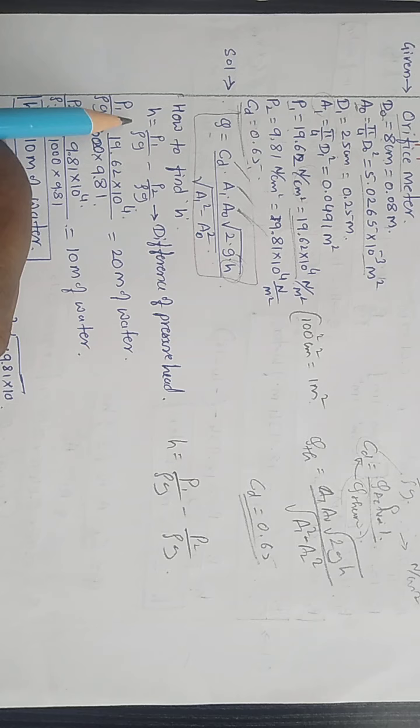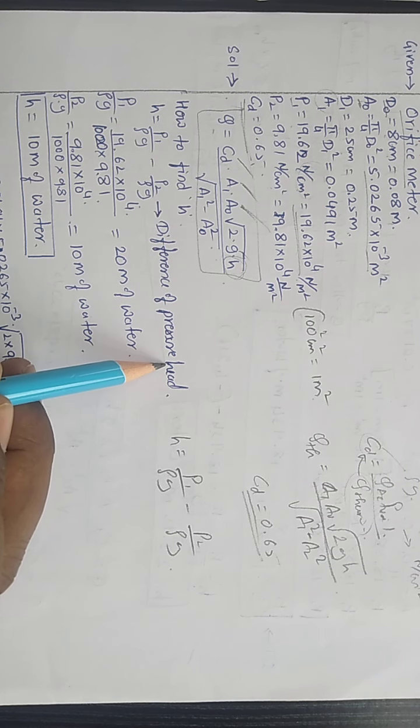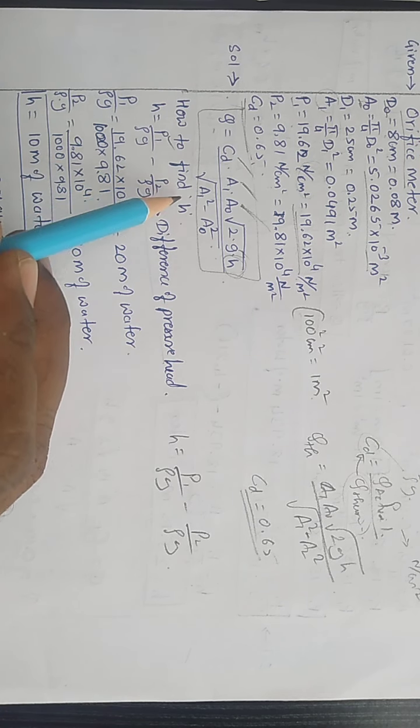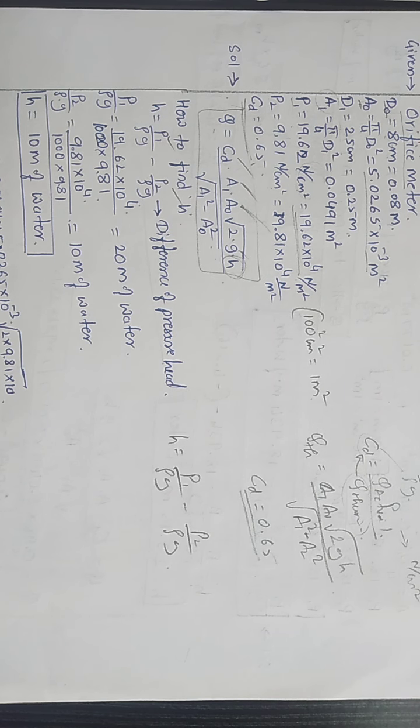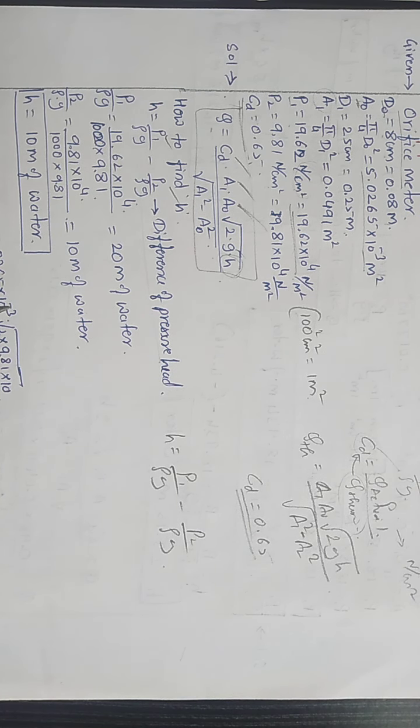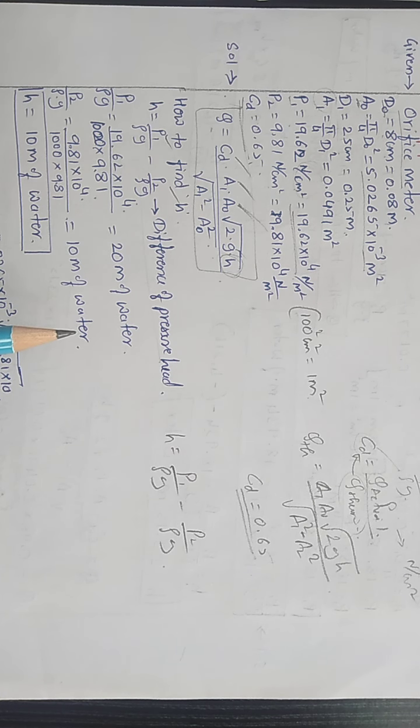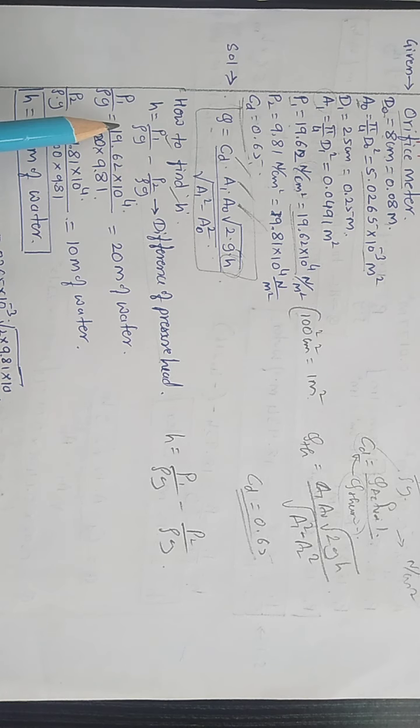Here it is the difference of pressure head, but in the problem he has given us P1 and P2. So this is very important, this is where people make mistakes. If you don't concentrate on the units and directly substitute, though you know the concept, your answer will be wrong. Even if it takes a few seconds extra, read the problem word by word, understand it, write all the given data, then you will not go wrong. So H is nothing but the difference of pressure head.